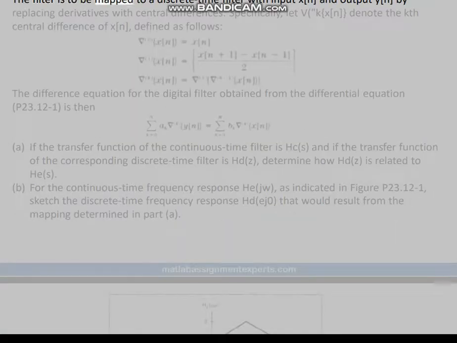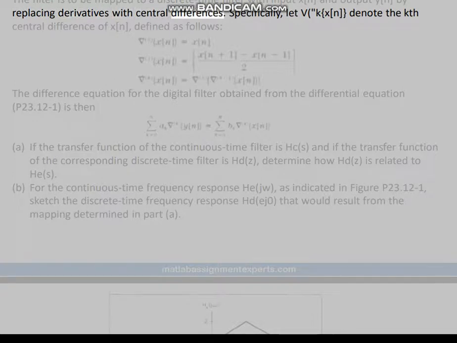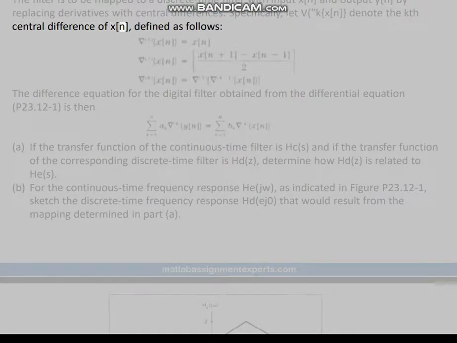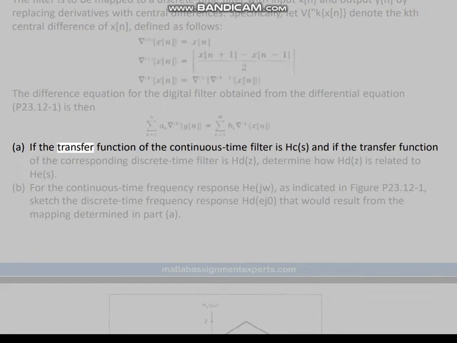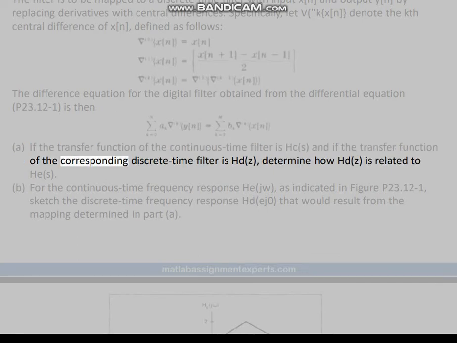The filter is to be mapped to a discrete-time filter with input x[n] and output y[n] by replacing derivatives with central differences. Specifically, let ∇^k x[n] denote the kth central difference of x[n], defined as follows. The difference equation for the digital filter obtained from the differential equation, P23.12-1, is then A. If the transfer function of the continuous-time filter is H_c(s) and if the transfer function of the corresponding discrete-time filter